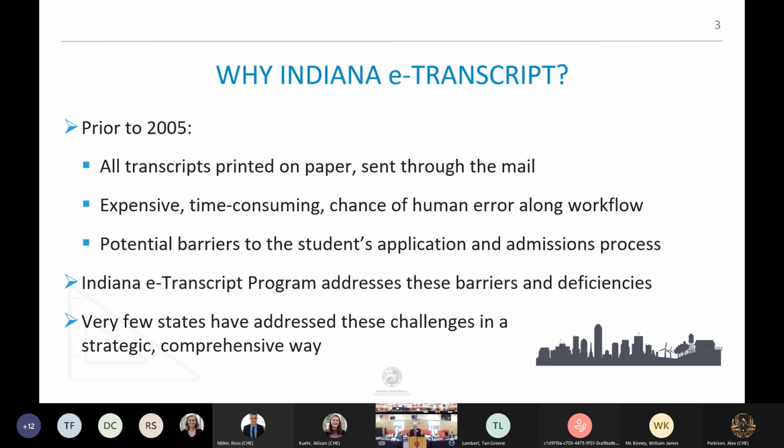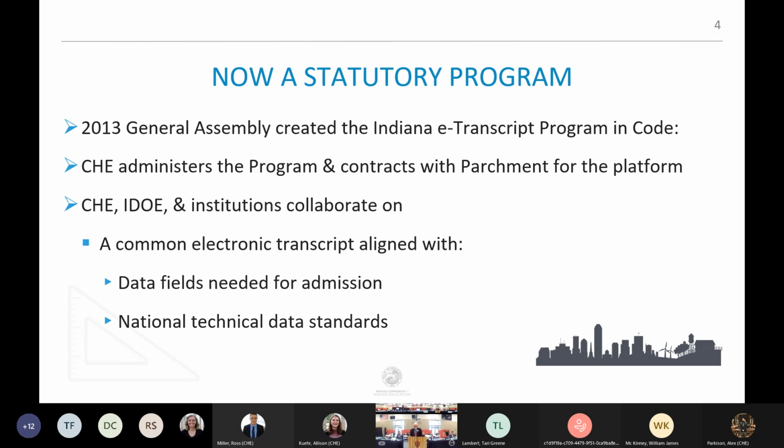Really, there are very few states that have anything close to this. The program is now a statutory program. In 2013, the General Assembly realized this was a good idea. Let's put it in code. The Commission, by statute, administers this program, and we have a line item appropriation out of which the funding to